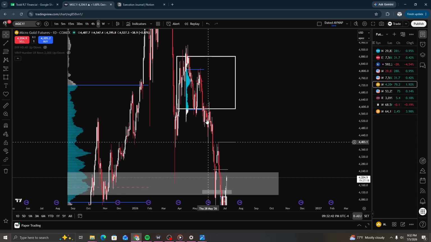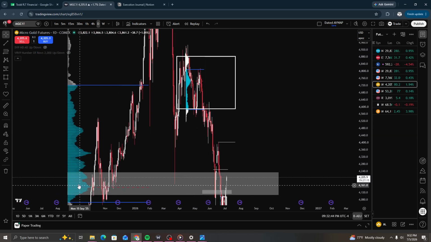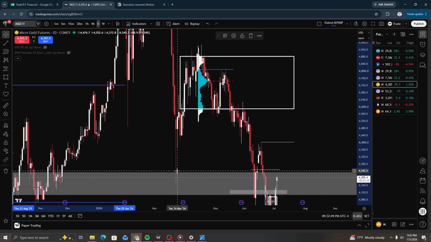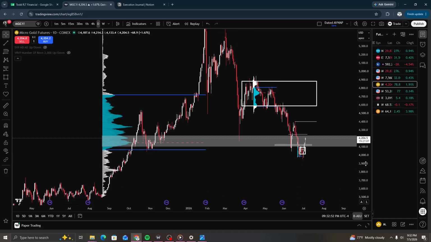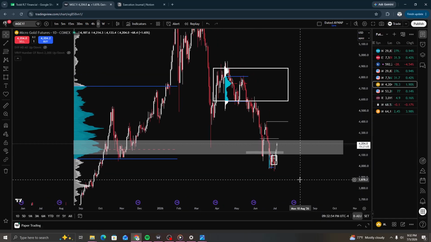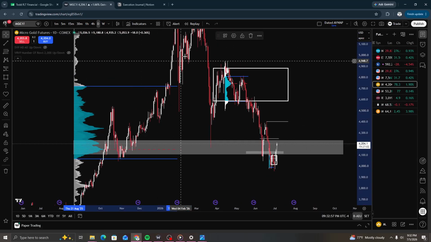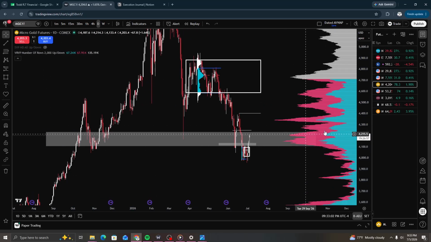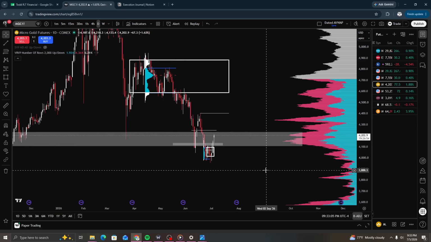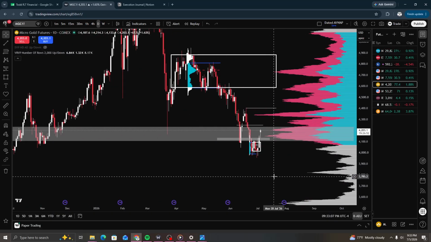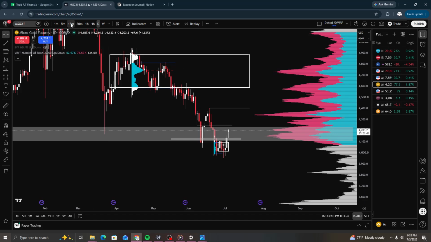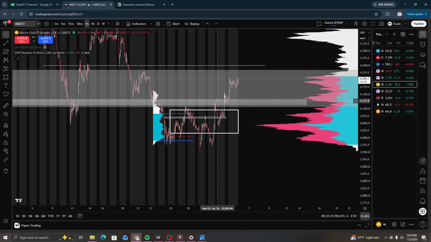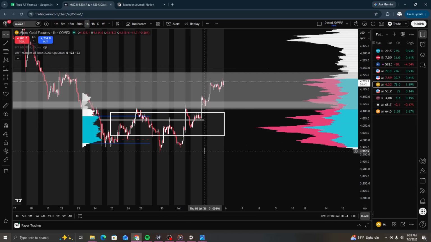But before that, when we break below this range, we're probably going to go test the point of control at this point here. And damn, that was a crazy wick. So we might sit in this range for a bit. Yeah, we had a lot of volume up in this area. Low volume nodes galore, boy. This to me is not screaming mean reversion,